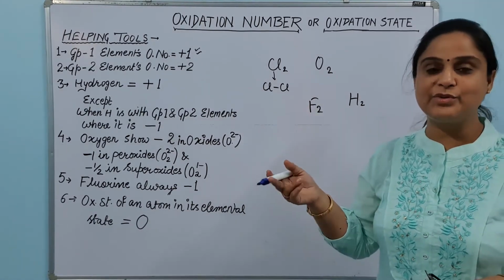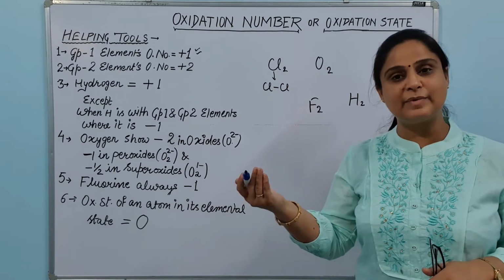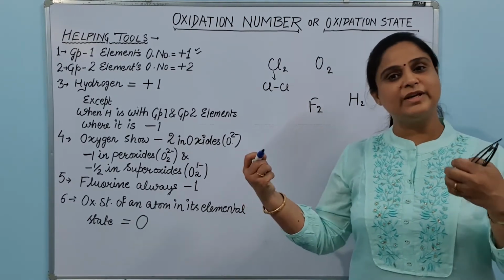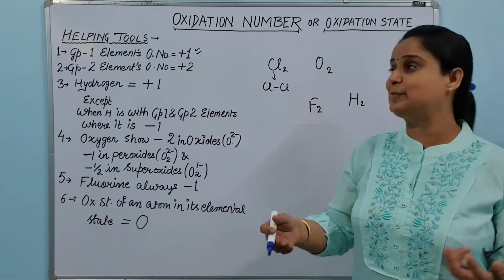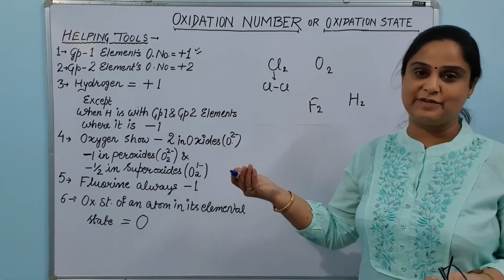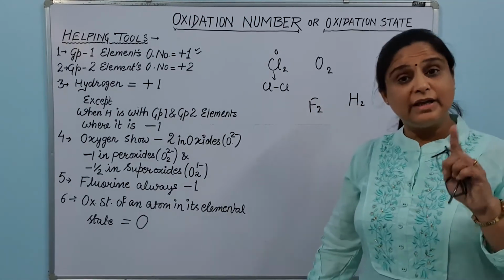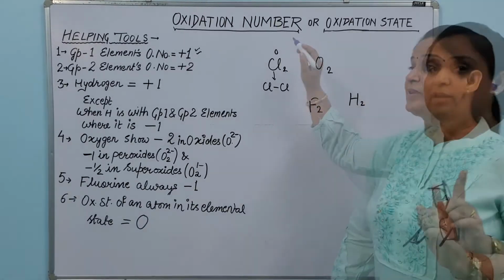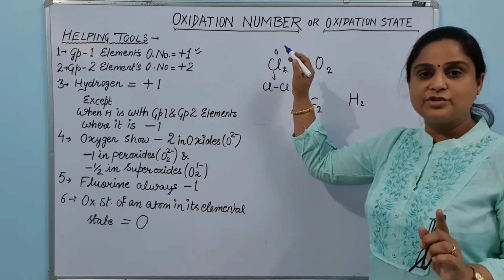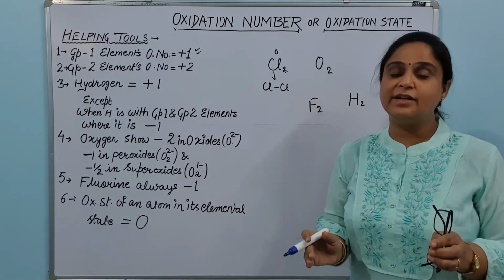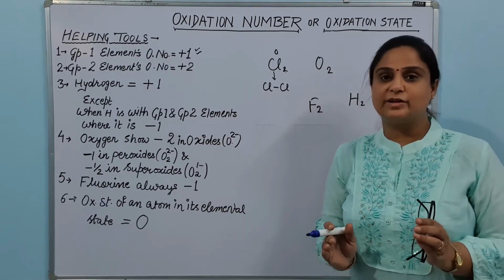So as I told you, the same kind of atom is their family members, and if they are family members, there is no tension with them, no one is pulling each other. This is a happy family, and that is why no pulling and pushing will be there. So this is why there is no charge on the chlorine in the molecule of chlorine. In its elemental state, the charge on any atom is always 0. So 0 oxidation state is there on an atom in its elemental state.